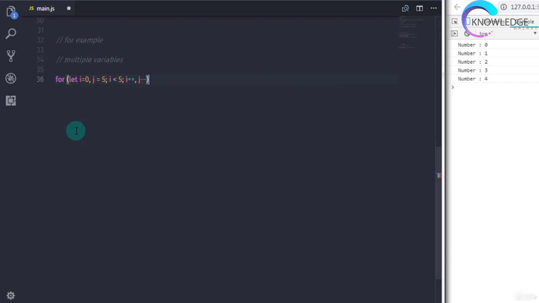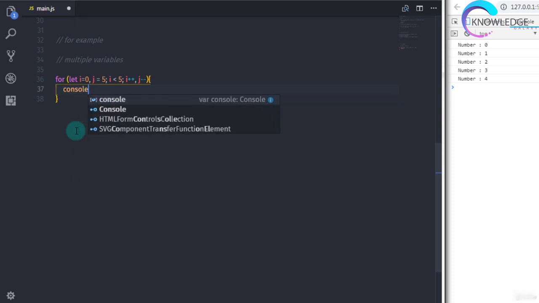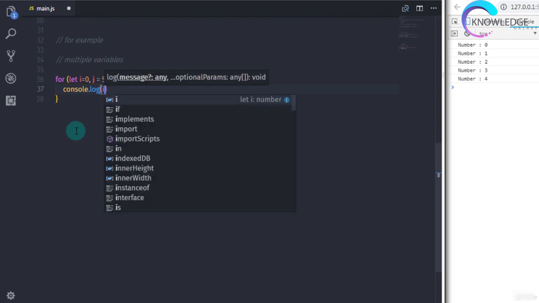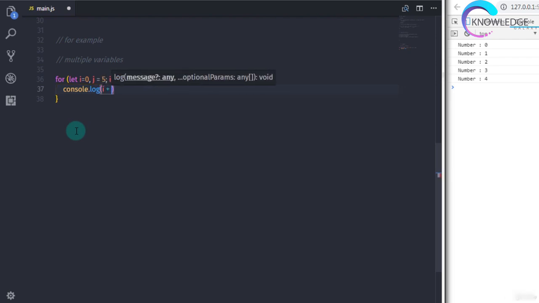So we use the increment and decrement operators at the same time. And in the compound statement, we specify console.log to print the i and j variable values. I will specify i plus, in double quotes we specify "and" to concatenate the j value, I will specify plus here and specify the j variable.